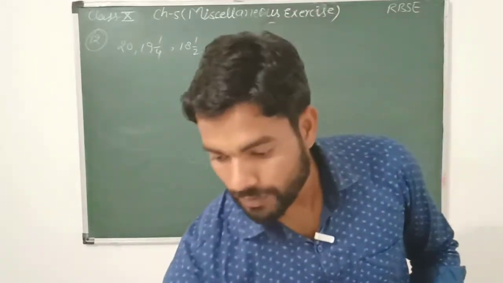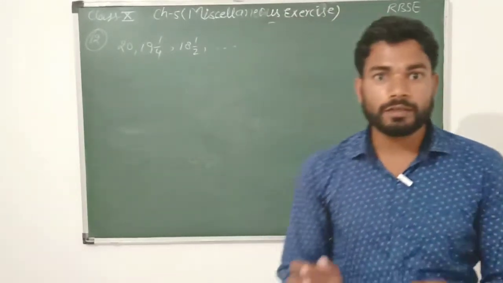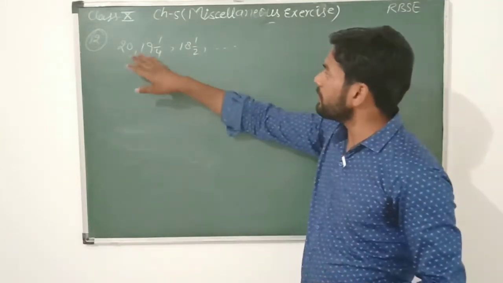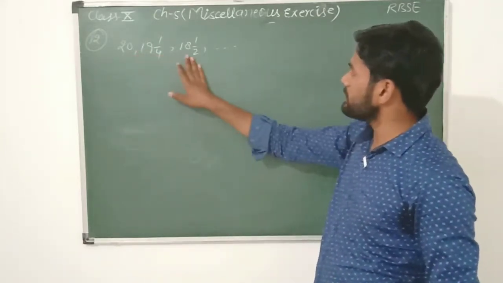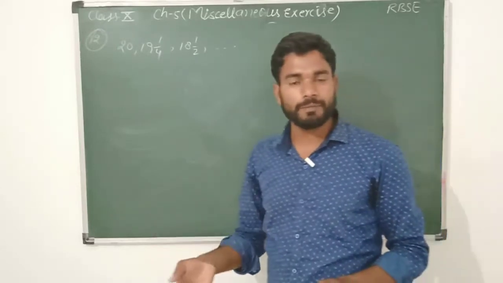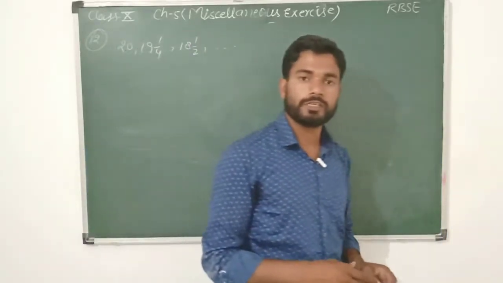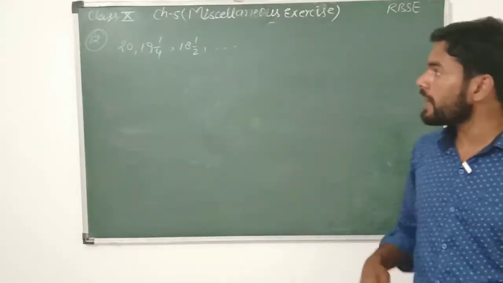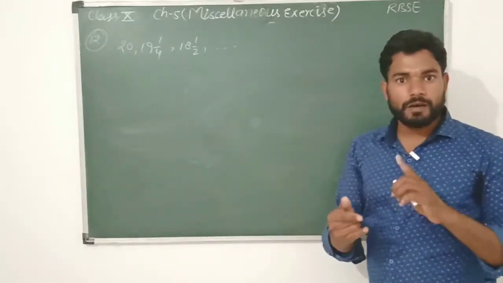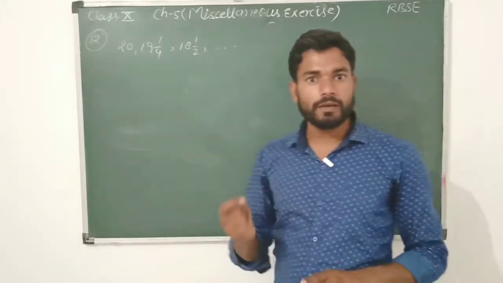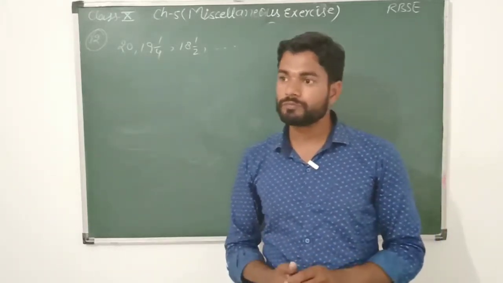And what we have to calculate? We have to calculate which term will be the first negative term. First of all, this term and this term are in the form of mixed fractions. So first of all, you will change both of these fractions into improper fractions, and after it, mention what will be the a, and what will be the value of d. And now